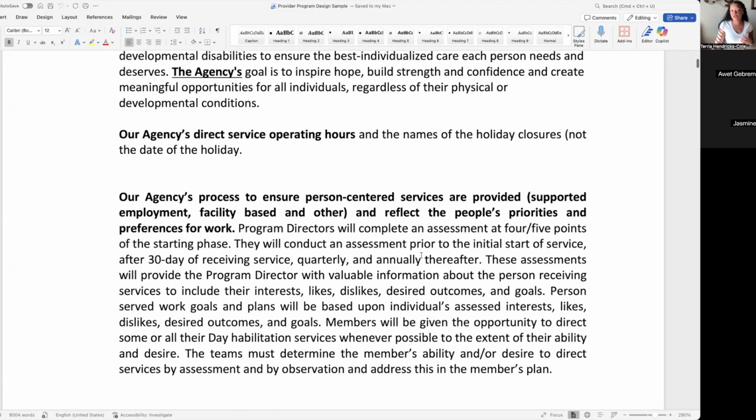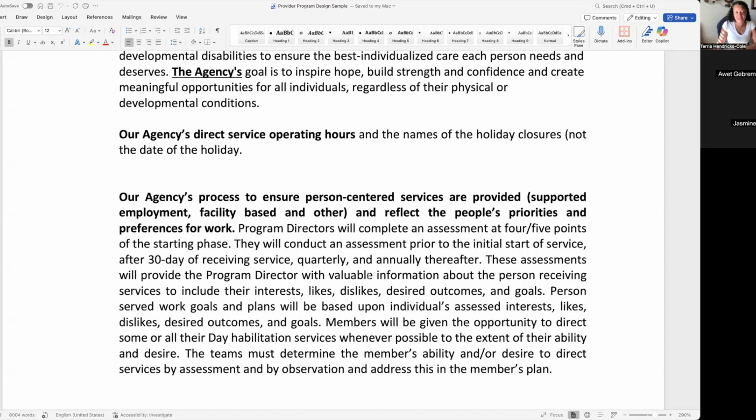Okay. So you'll assess them during that intake meeting, and then you'll assess them 30 days after receiving services. So once you start serving them, you want to continue that assessment. You want to make sure they still are suitable for your program. You still can provide the supports for them. You can still provide, like I said, the behavioral supports and the medical supports. And it's not something that's overextending your staff's training, expertise, or experience.